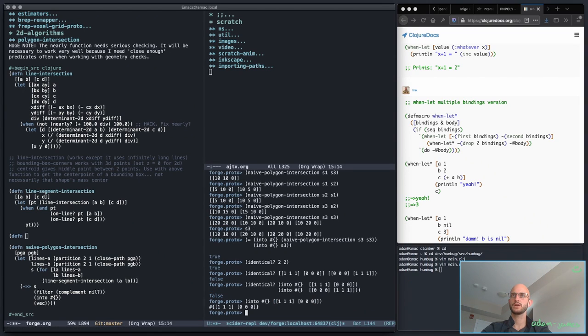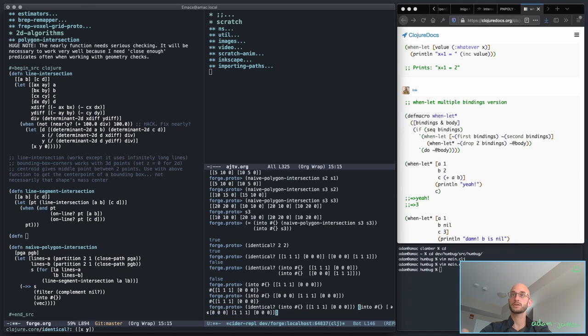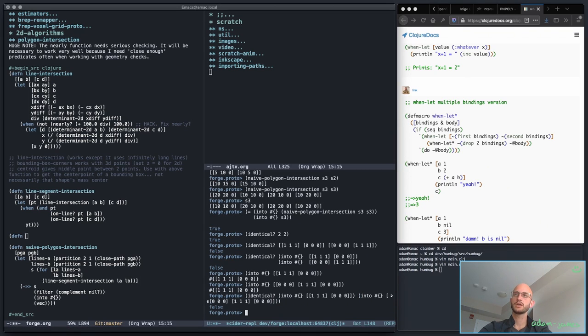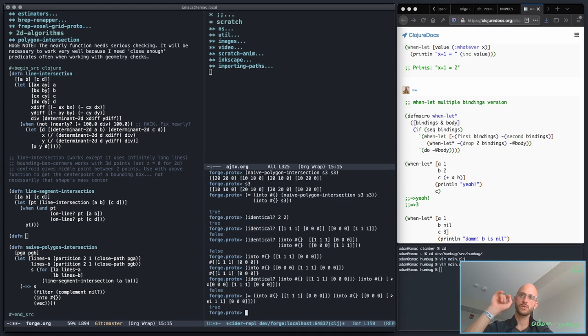Okay, so that's a set 1, 1, 1, 0, 0, 0. I thought they'd be identical because sets are not sorted by default. You need a sorted set. It's a specifically different structure. Okay, so these are not identical? Huh. Okay, there's clearly stuff I'm not understanding. But are they equal? They probably are. True. Okay, so I can't call this identical, but I can do